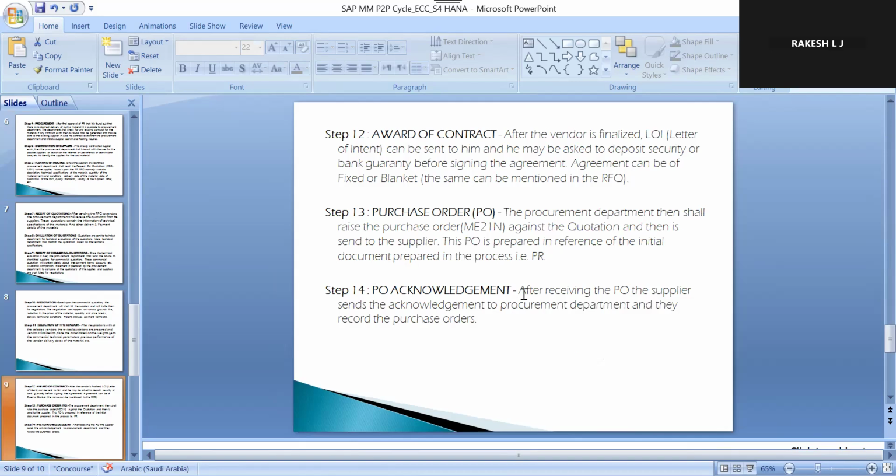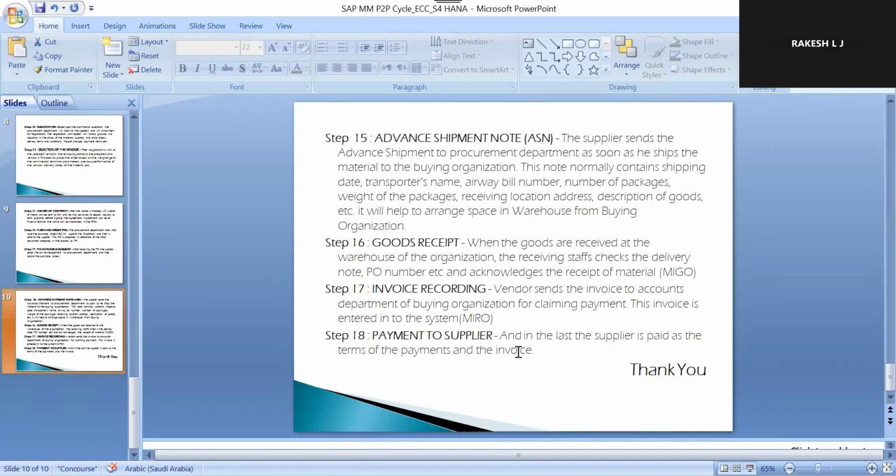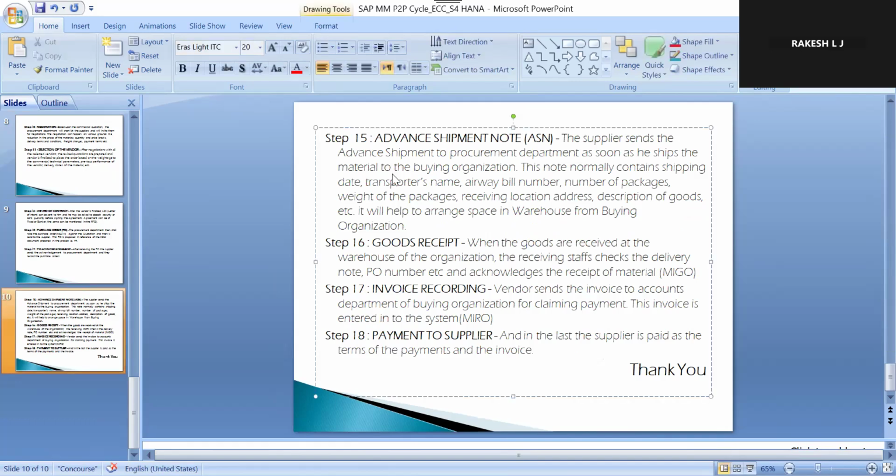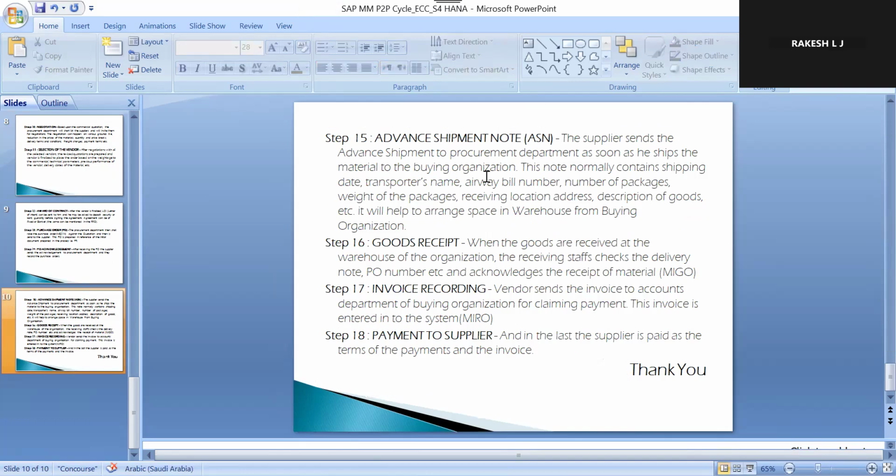Once the purchase order is raised, it can be acknowledged from the vendor side. Once they receive the purchase order, they will send the acknowledgement letter to us, meaning to the procurement department. Then they will record the purchase orders. Once they record the purchase orders, they will start to sell the